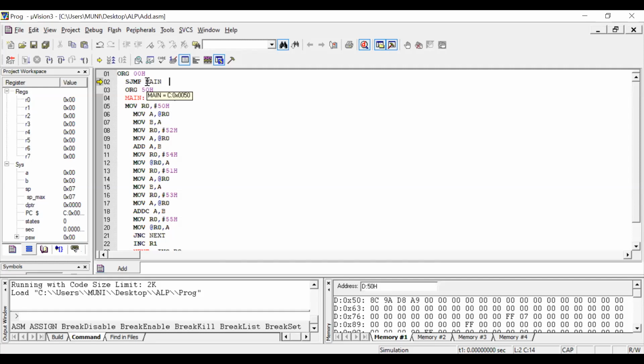So we create a link within these 3 bytes. Here SJMP main is only a 2 byte instruction, so 2 locations are occupied, and control automatically jumps to main. So main can be written beyond 30H, and the starting address is again origin 50H. In 50H the program is written as main colon, so control transfers to this label at the 50H memory location. Clear?